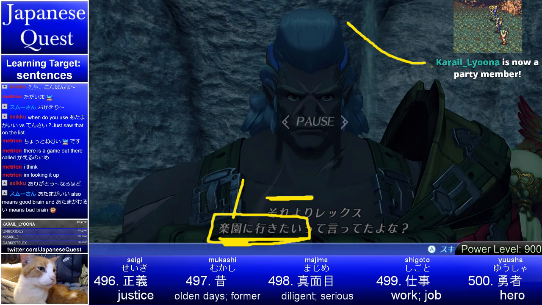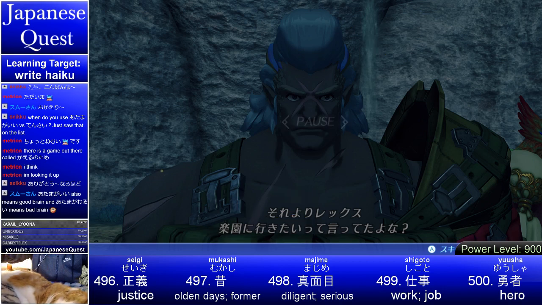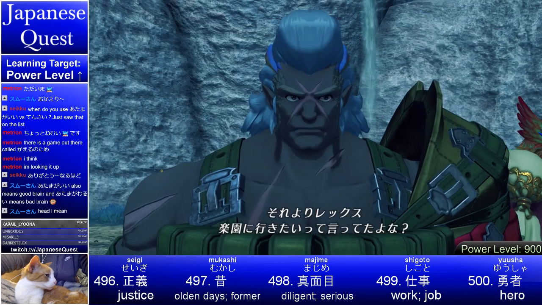Yokoso. Japanese Quest to it. Karel Liuna. Sorry if I said your name horribly, but welcome to Japanese Quest. Anyone else watching, feel free to follow. You can join us on this quest as well. This is a journey into Japanese games to learn Japanese. I'm a Japanese teacher. My name is Akira Sensei. And let's go to Rakuen. Rakuen ni ikimashou. 楽園に行きたいって言ってたよな。